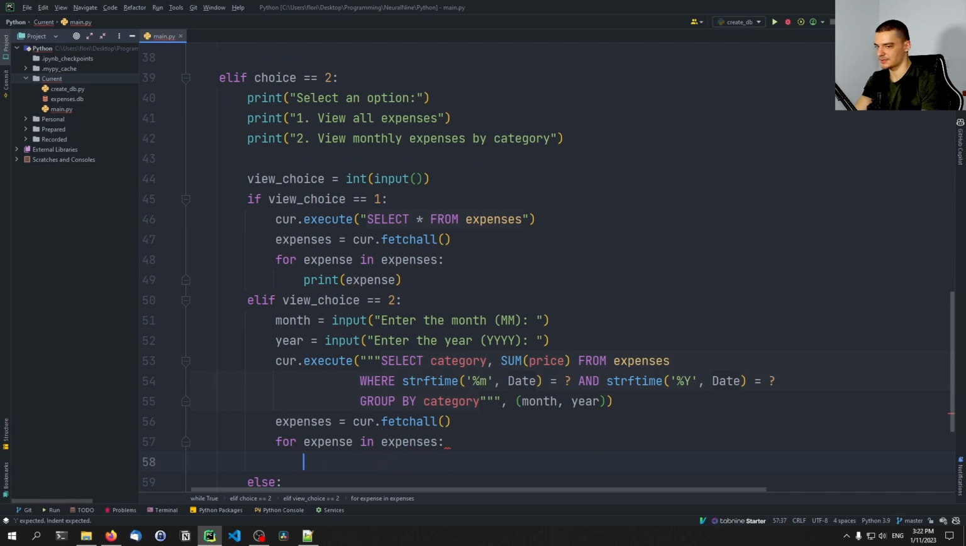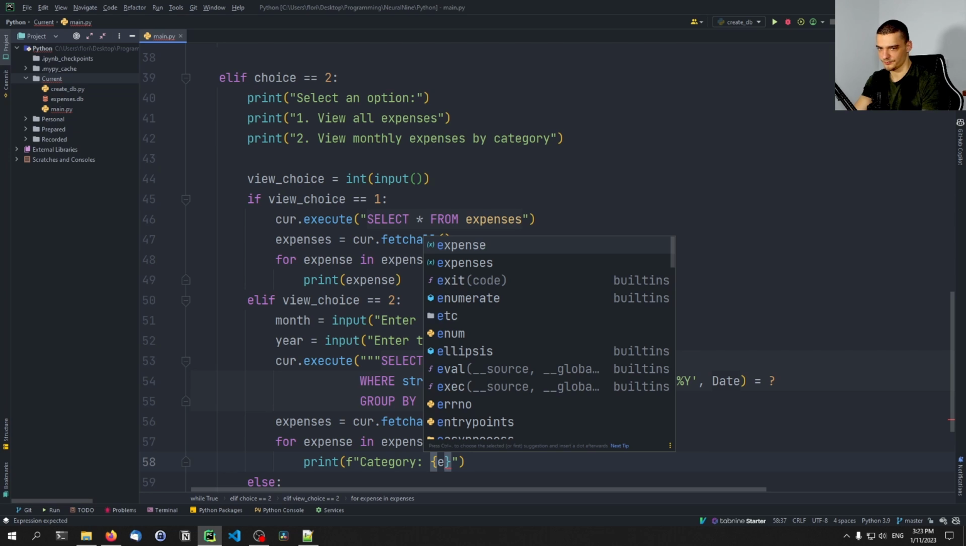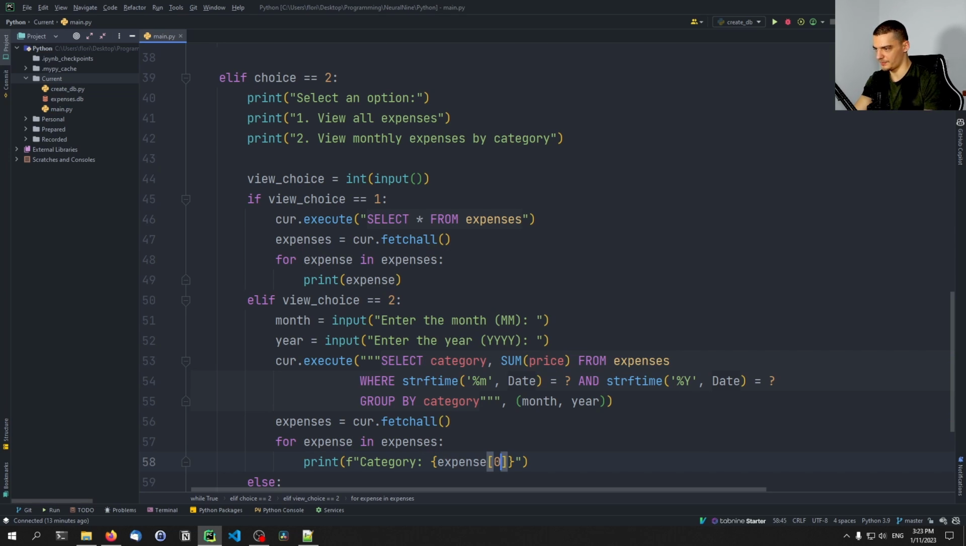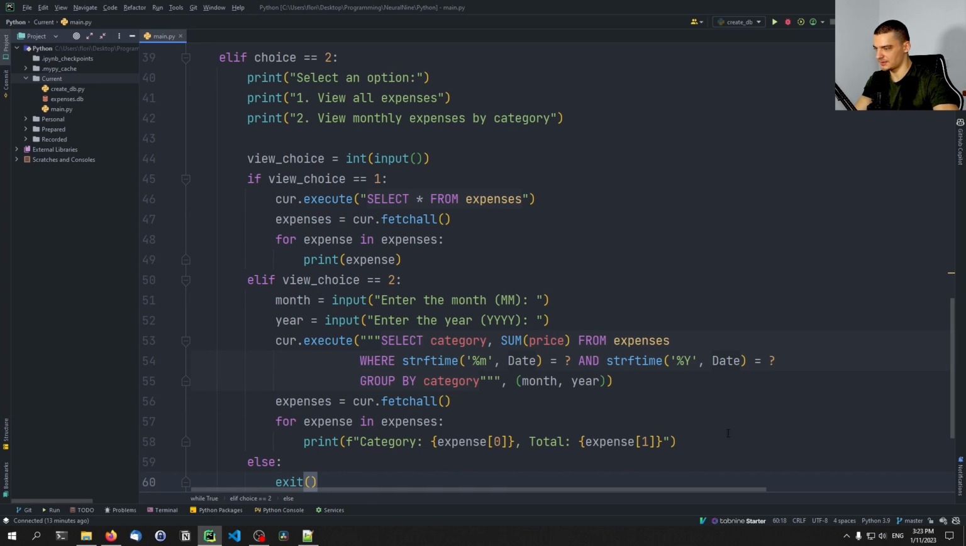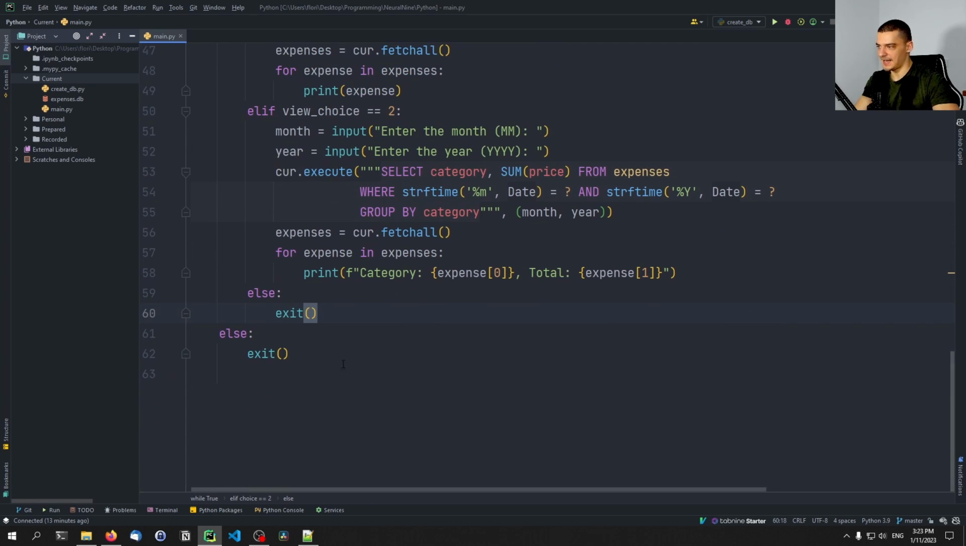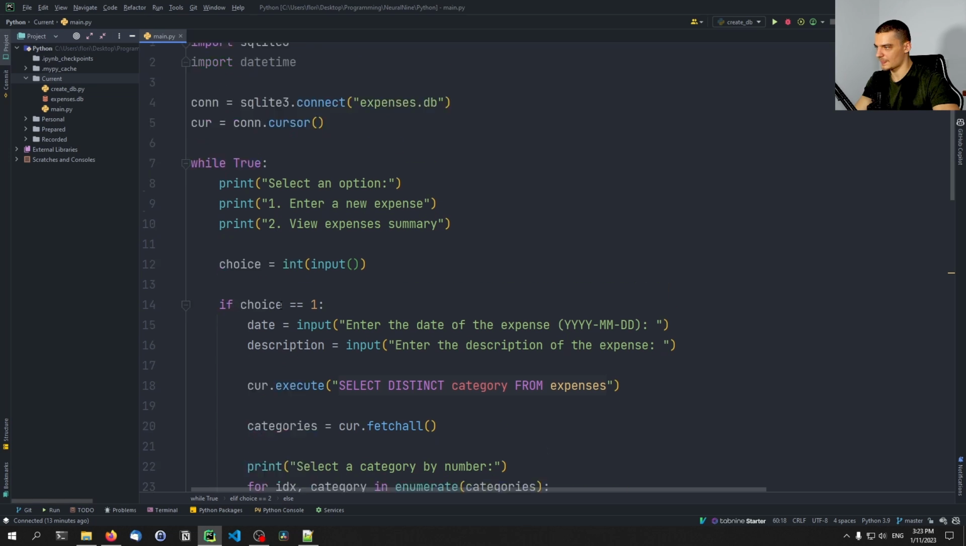for expense in expenses. We're going to print an f-string where the category is going to be expense[0], because that's the first thing that we ask for here, and then the total is going to be expense[1], which is the second thing, the sum of the price per category. That's it. And once we have that, all we need to do here is after all of this